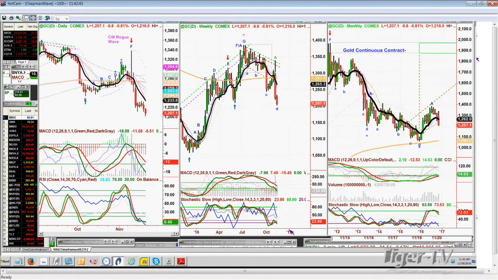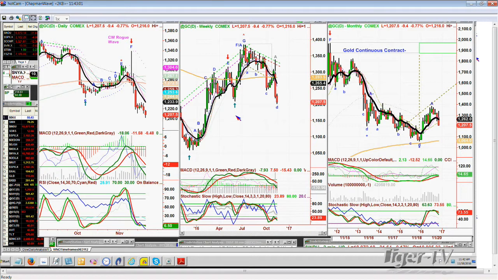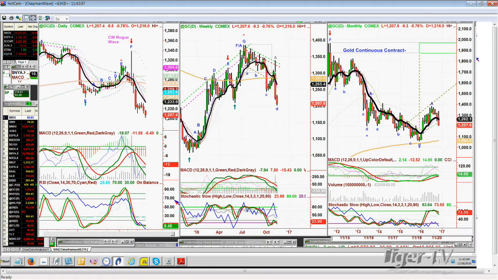And the way the gold is acting from that peak after the rogue wave top way back on the day after the election, starting election eve, and then that evening going to 1338 and then plunging like this, really suggests that this area in the 1209 must hold. And it isn't. It's at 1207, but it is close. So this is going to be very important.